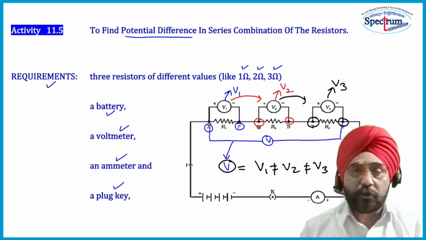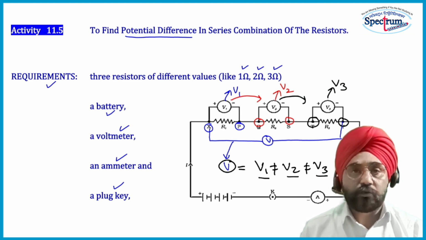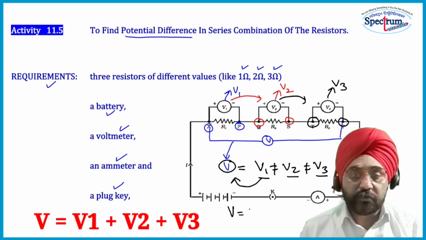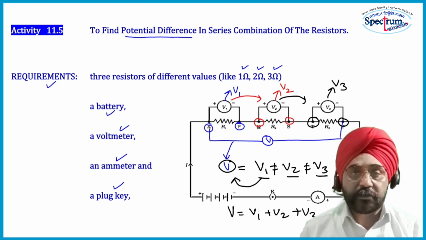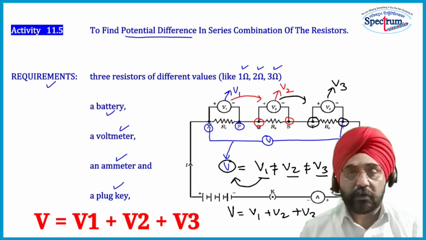Another observation that we obtain from this activity is when we combine the values of V1, V2, V3, we find it to be equal to V. That is, V is equal to V1 plus V2 plus V3. So total potential across X and Y is equal to sum of the potential across the three resistors R1, R2,